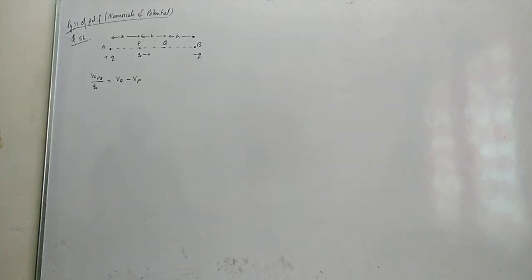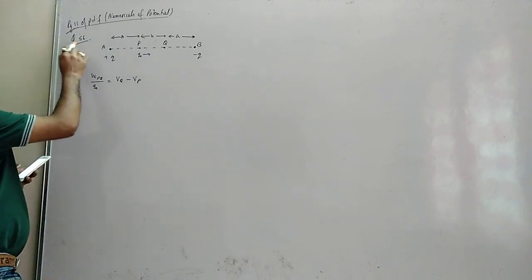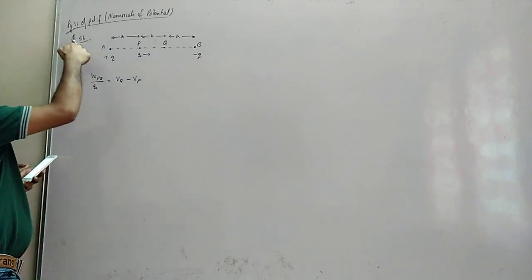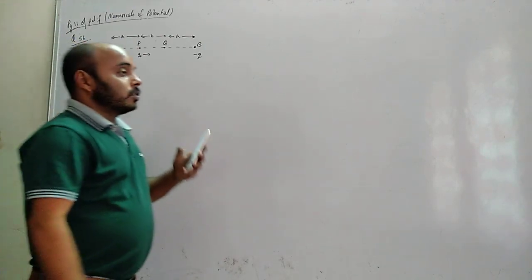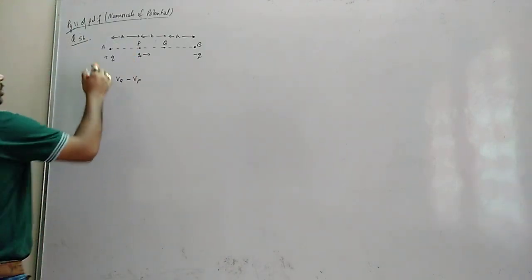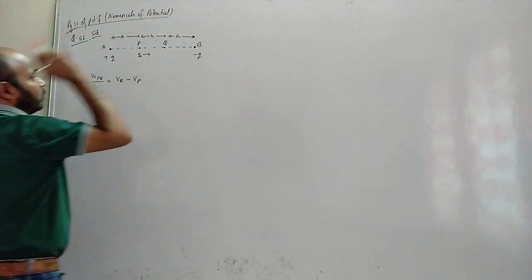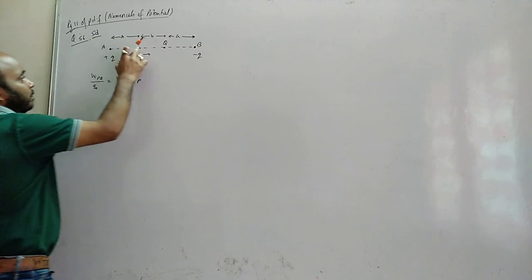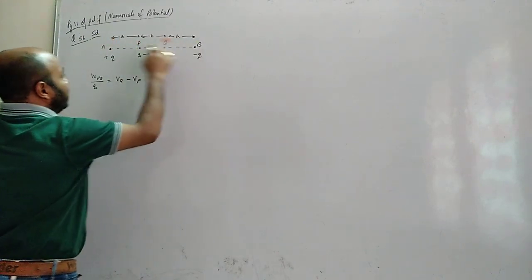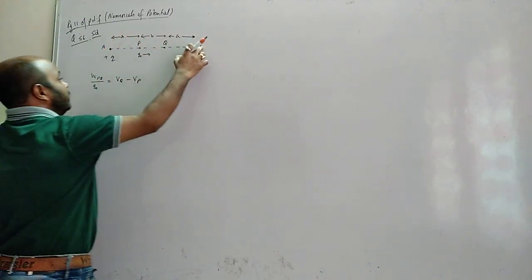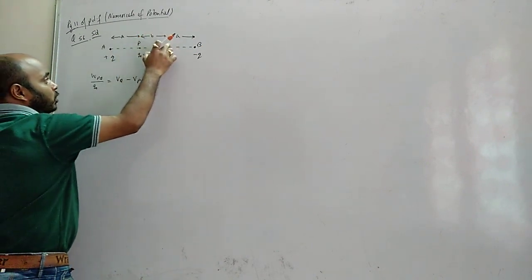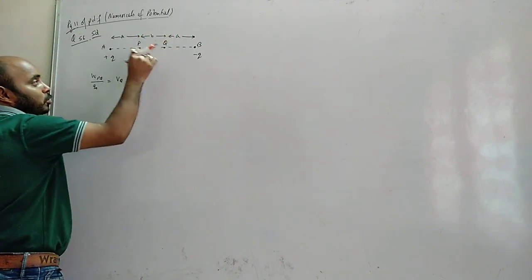Now go to page number 11 of the PDF, numericals of potential, and read question number 56. On page number 11 there is only one question, 56. The figure is already given in the question. This is the figure, so the solution starts from here. I am making the figure given in the question. Point A, a straight line, point B; at A we have plus Q, at B we have minus Q. We are moving a charge Q naught from P to Q.